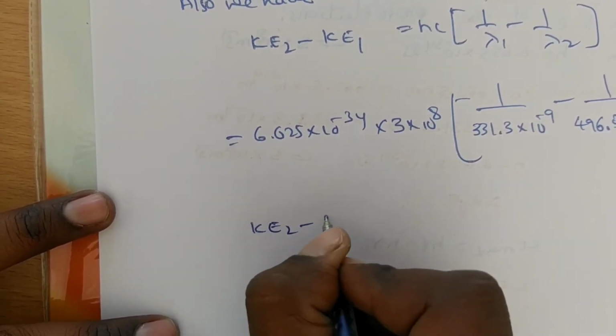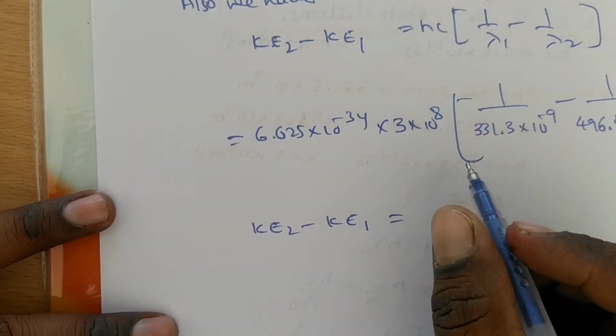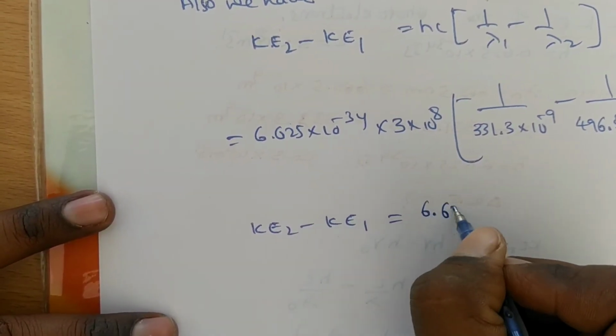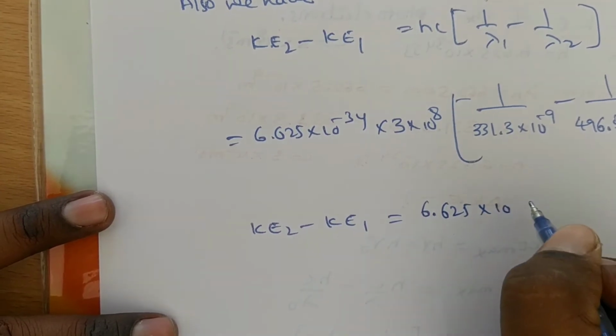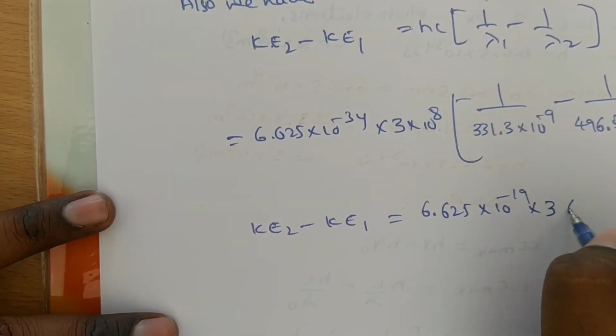Kinetic energy final minus kinetic energy initial is equal to 6.625 into 10⁻¹⁹ into 3 into